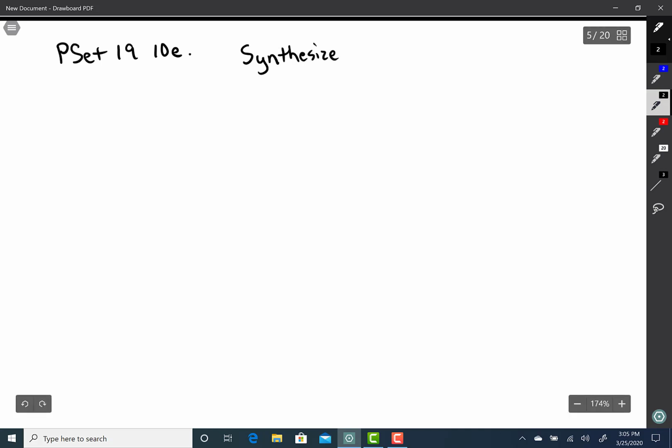Synthesize from 7 carbons or fewer. And the carbon containing molecules cannot be ionic. Okay, so